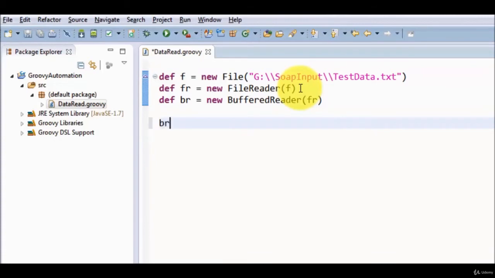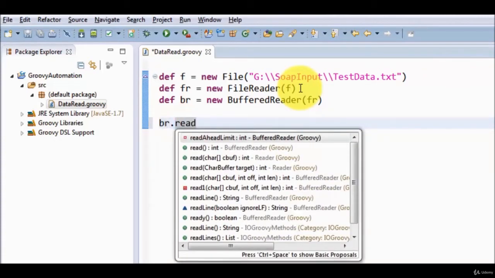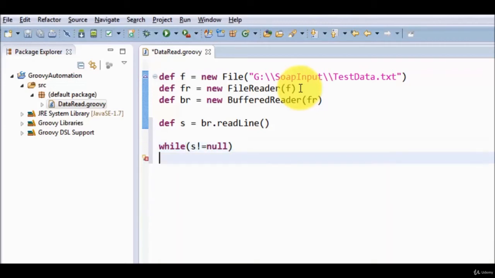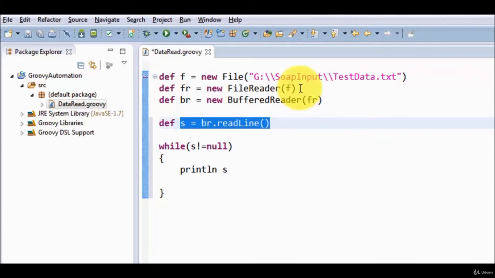Now we are going to use the BufferedReader object, with the help of which we can directly call the method readLine, which is going to read one line at a time. Whatever line it is reading, I'm storing into S. So it reads one complete line at a time, and whatever data we get is stored into S. Now I don't know how many lines we have in my file. So I'm going to run a loop and here I'm checking if my S is not equal to null, meaning end of the file,